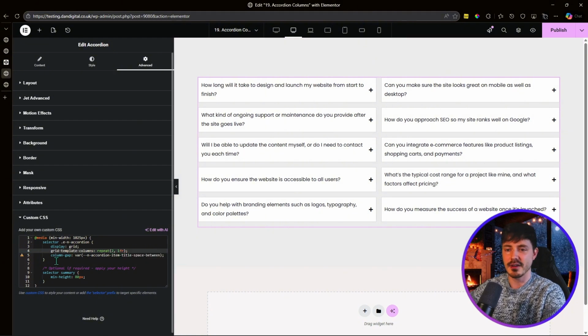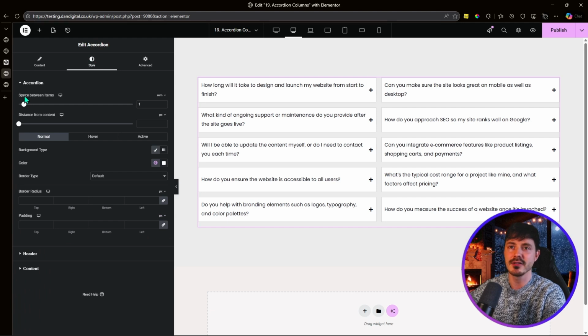The next declaration here is the column gap. And what you'll see here is I've pre-populated it with a variable, because this variable is one that Elementor creates from the value you set within your accordion style space between items. So that variable is pulling 1 rem, because 1 rem is the row gap. So what I've done is I've matched the row gap you choose to the column gap that should be in